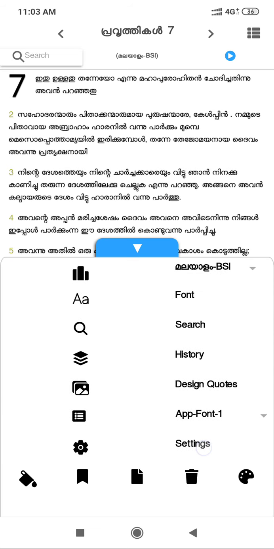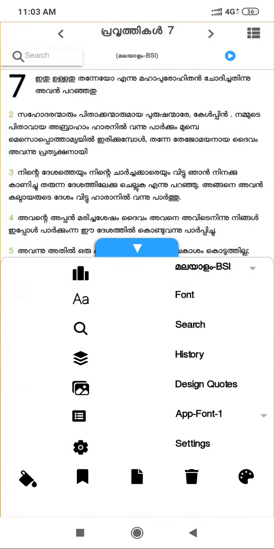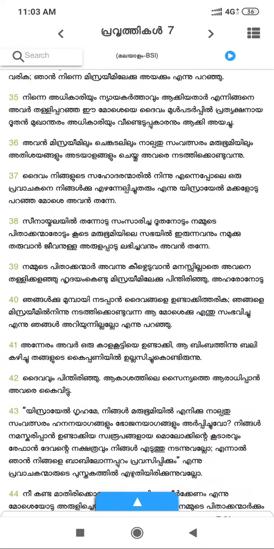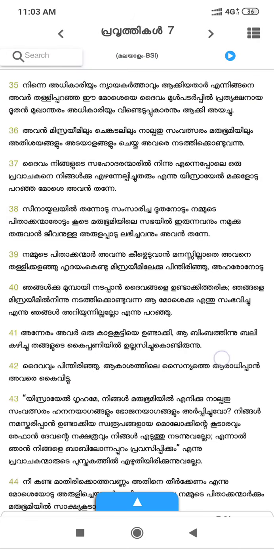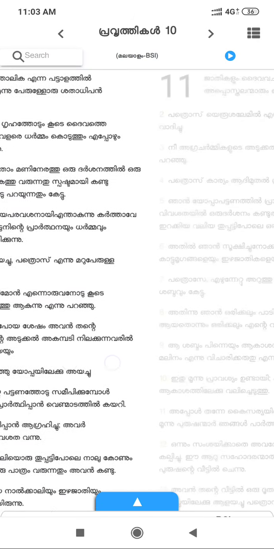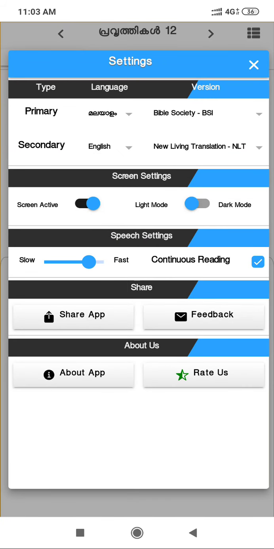This is how the speech settings work, and you can increase the speed of the speech. Usually it will read only one chapter. If you want it to continue reading, you can click on this. Okay, that will read you the next chapter, and the next chapter, and so on. Like this it will work.